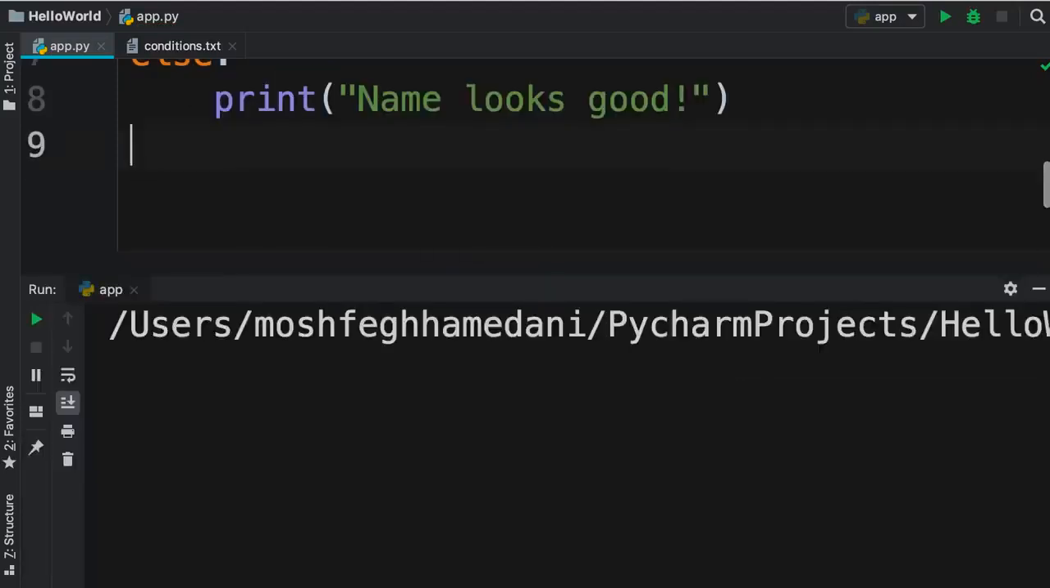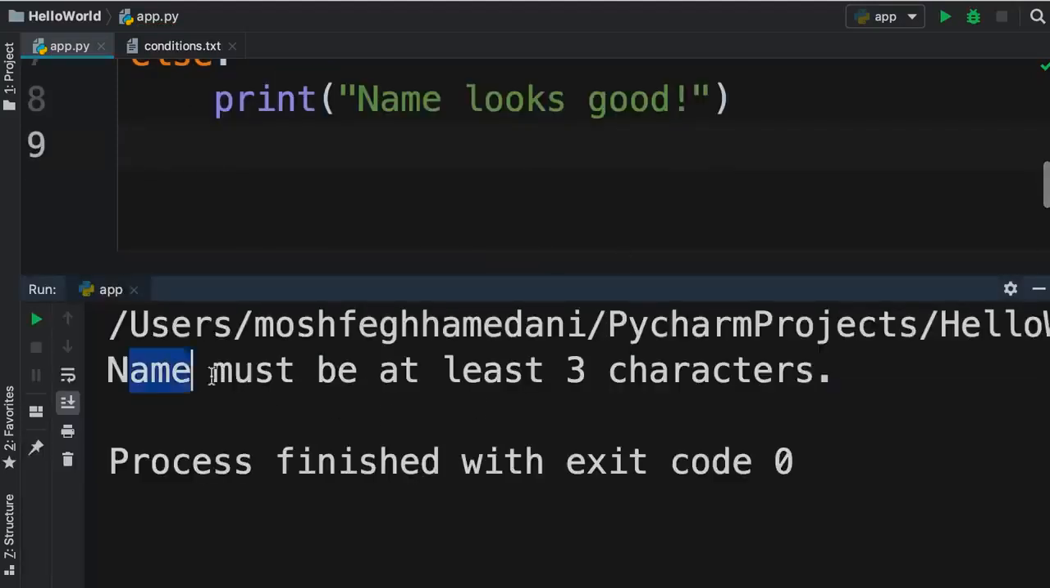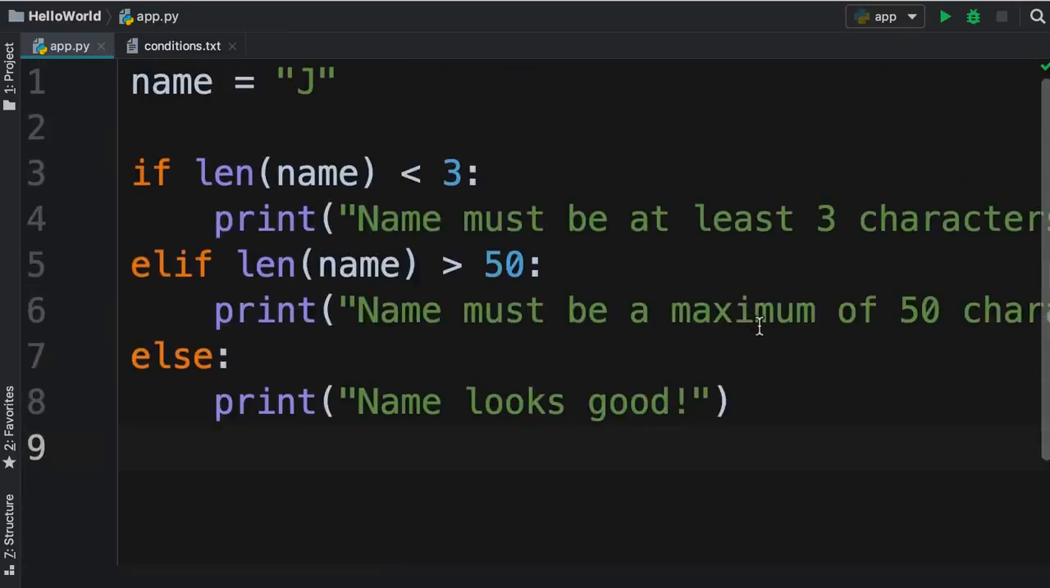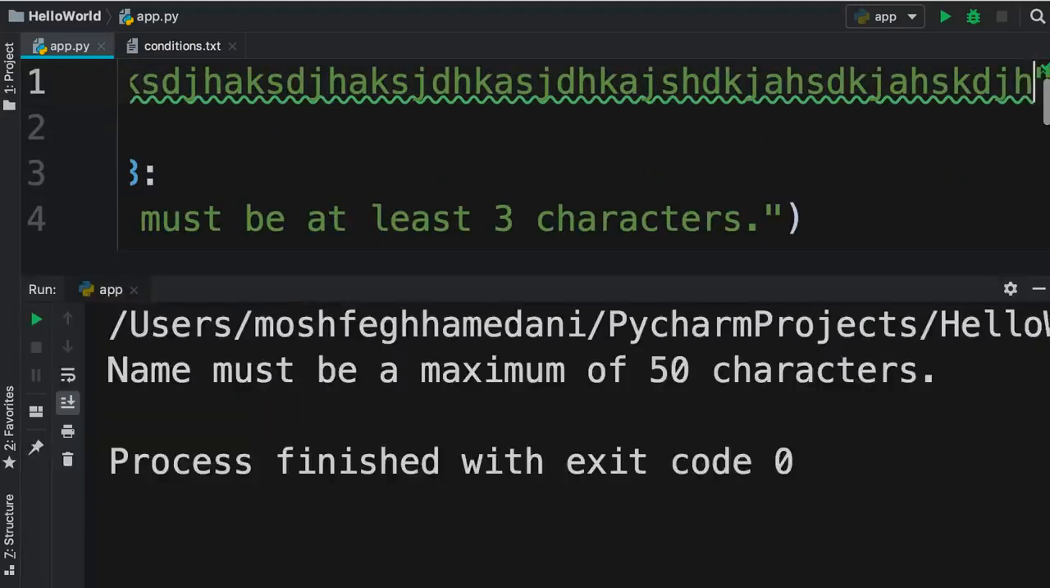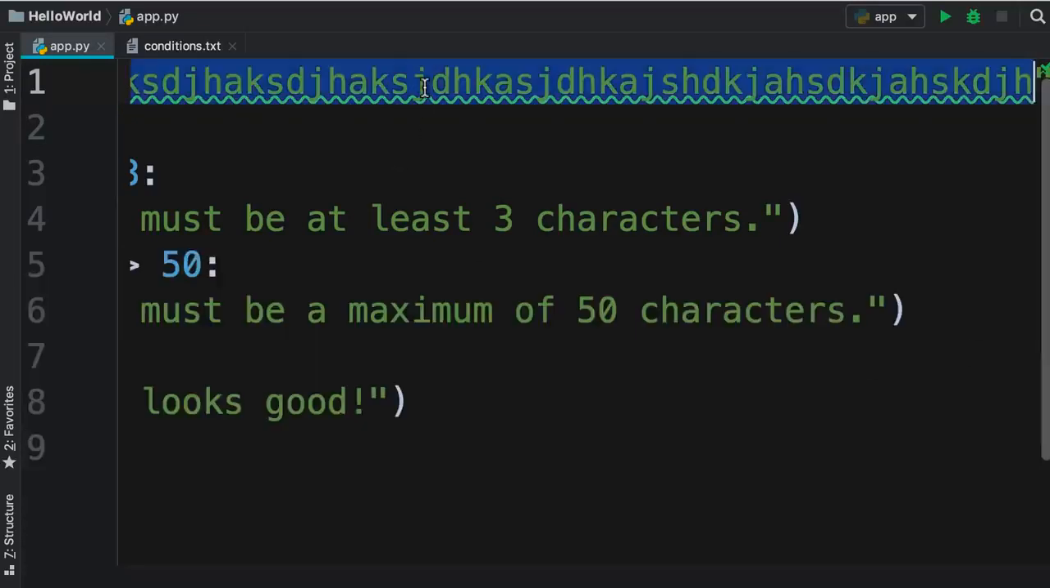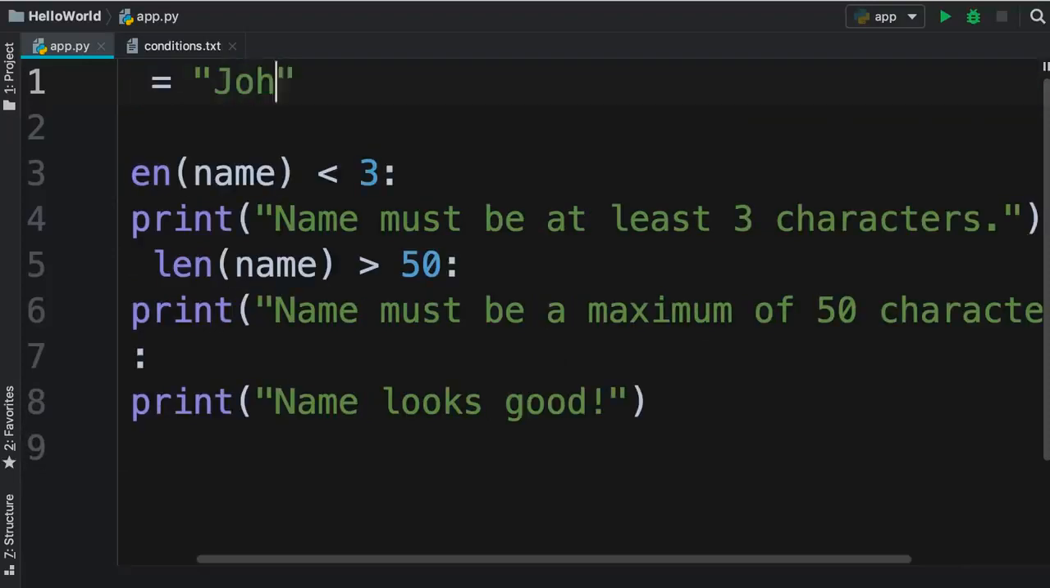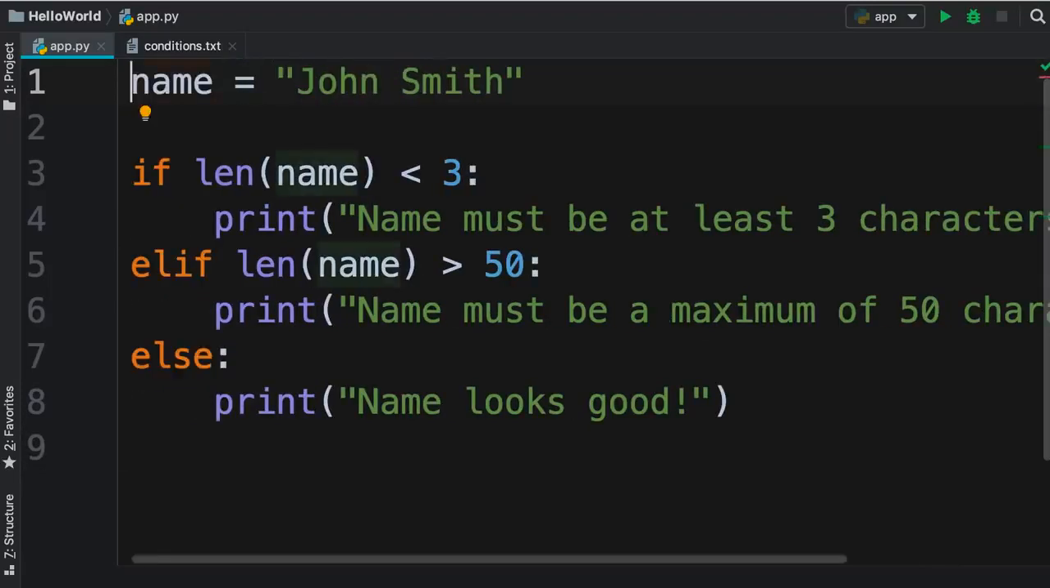Let's run our program. So in this case, we get this message because our name is too short. Now, if you go back here and type something really, really long, and then run our program, we're going to see a different message. Name must be a maximum of 50 characters. And finally, if we type a proper name here, like John Smith, and run our program,